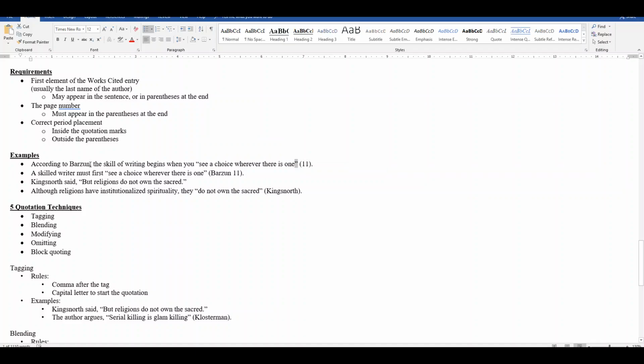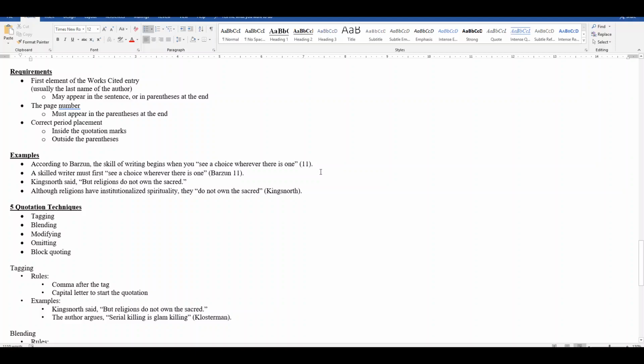I've already identified the last name of the author in the sentence, so by the end of the sentence I need to include the page number. Since I already had the author name, I don't need to add it again. And so this sentence reads, according to Barzun, the skill of writing begins when you see a choice wherever there is one. Quotation marks around the part that's quoted, and terminal punctuation after